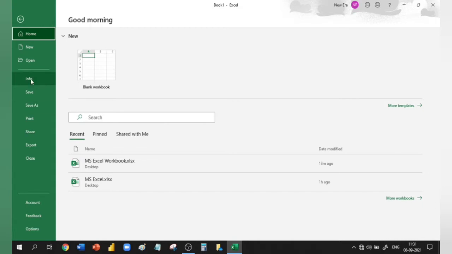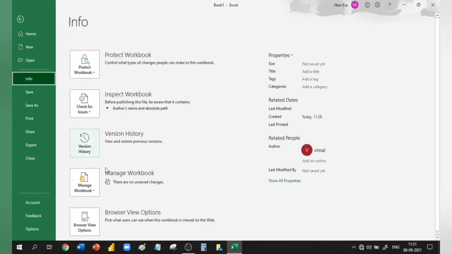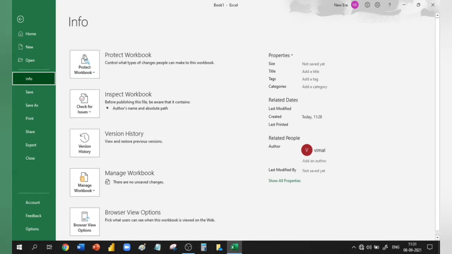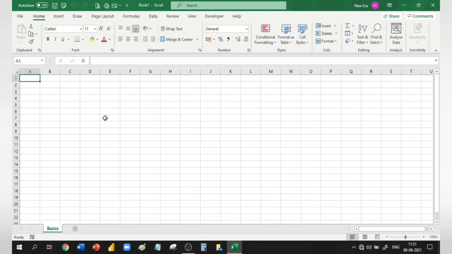There is also one button over here for info. When you click on this info button, you will get all the details of your workbook: who created it, on which computer it was created, what the version history is, and how you can manage the workbook by getting all the options of saving a previous version of it, and so on. If you have a compatibility mode, then there will be a compatibility mode option also available over here. If you want to work in the highest version of MS Excel, then you just have to click on change compatibility and you will be able to do it in the highest version of Excel. So let us jump back to our main screen.